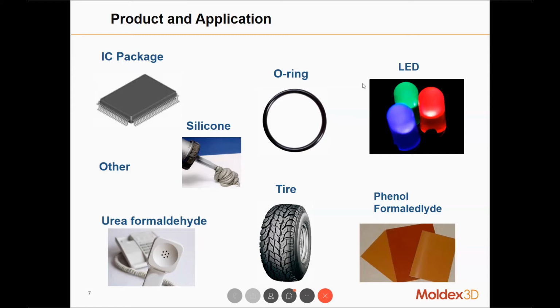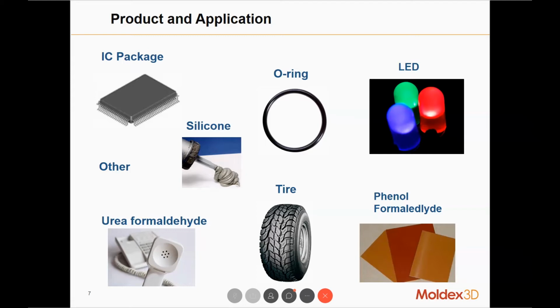For example, IC packaging. We often use thermoset for the tire, silicone and O-rings over here, and in a lot of automobile parts, we use thermoset material like rubber for sealing. So thermoset material is widely used nowadays, and with higher demand, at the same time comes higher demand for a proper, accurate and fast simulation tool for this kind